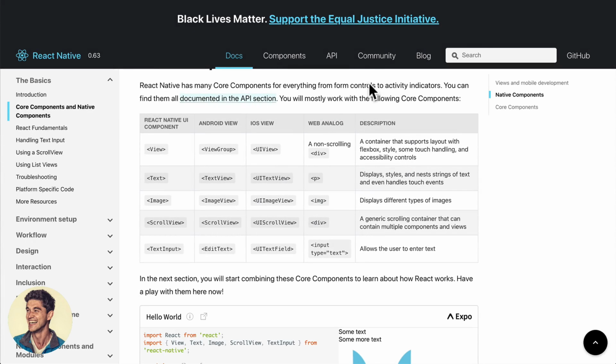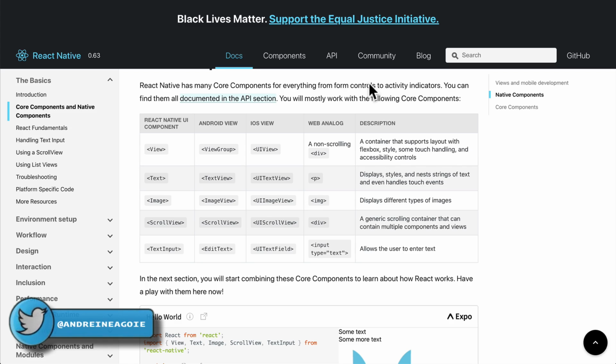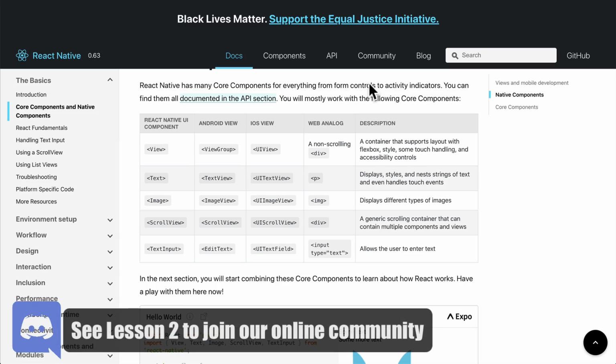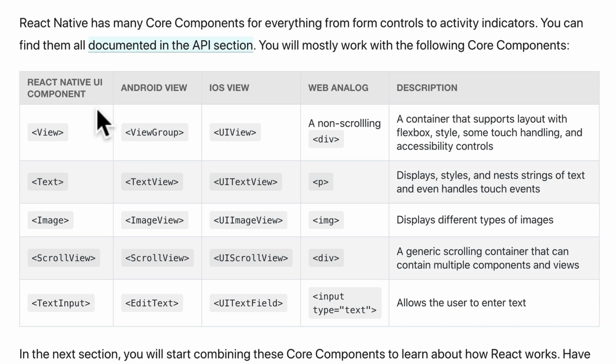You see, React initially was built for the web. So React as a library was used to build web pages. Then React Native came along to be able to do the same thing we did on the web, but also natively on mobile. So in React, we would use something like a div or a p or image tag, all HTML tags to build components. But on a phone, there's no HTML